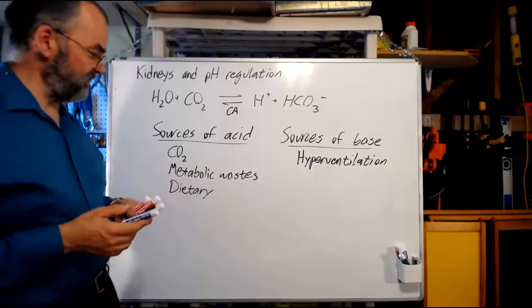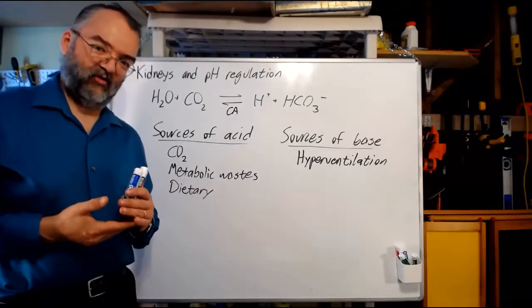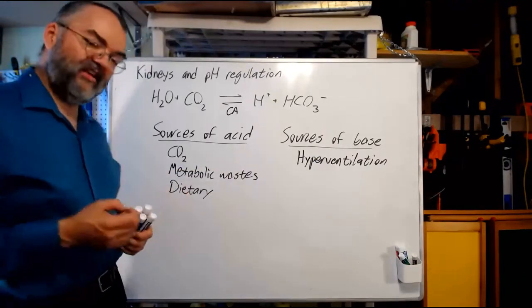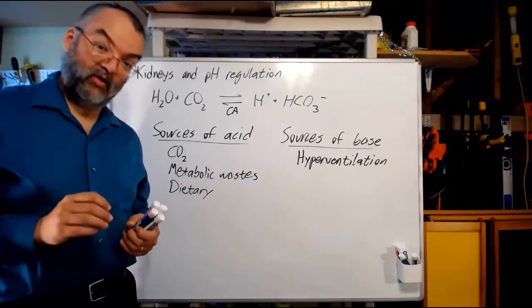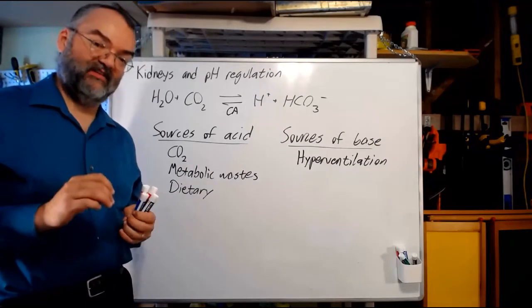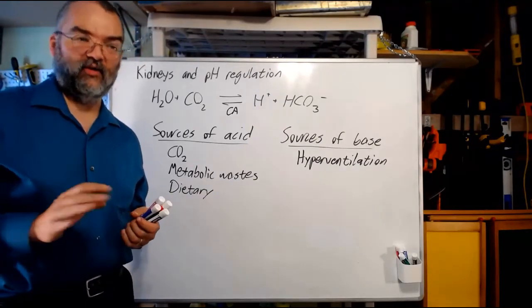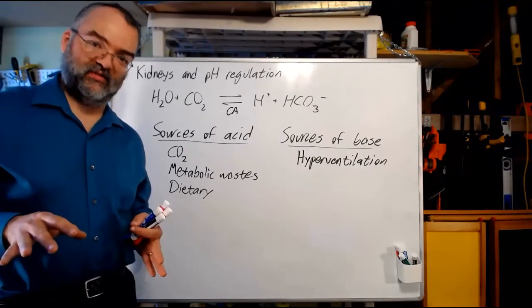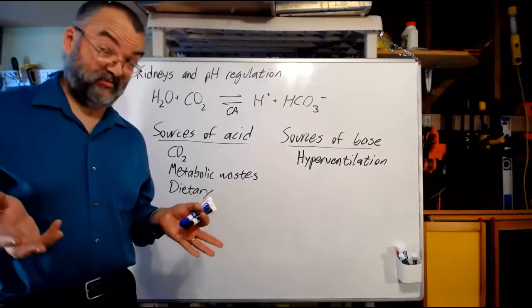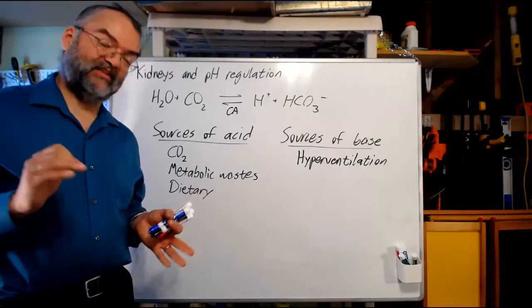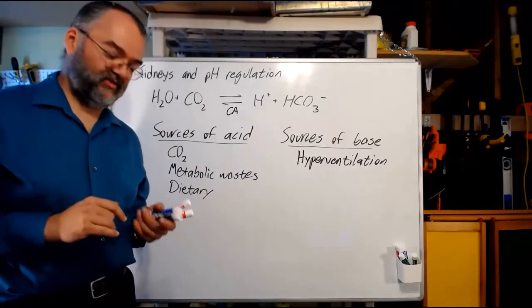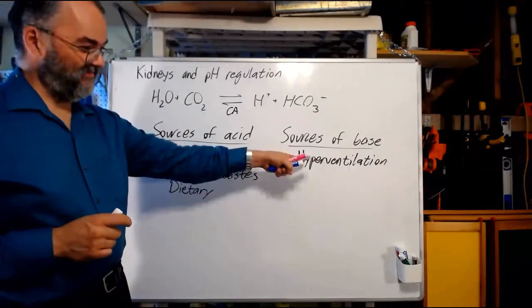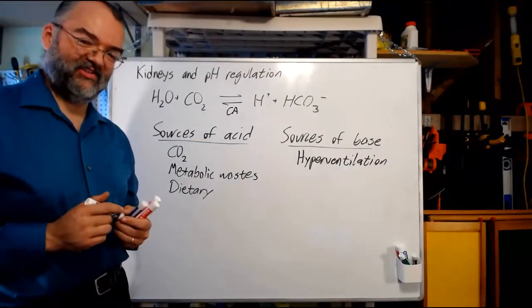There aren't really a lot of metabolic wastes that are strongly alkaline. And generally, we don't like alkaline foods. Most foods that are actually alkaline taste bitter to us. The only foods we commonly eat that are significantly alkaline, there are some vegetables, which are somewhat alkaline. And many vegetables are kind of bitter tasting. Normally, we don't eat a lot of alkaline foods. So, really, that's one of them, hyperventilation. The other one,